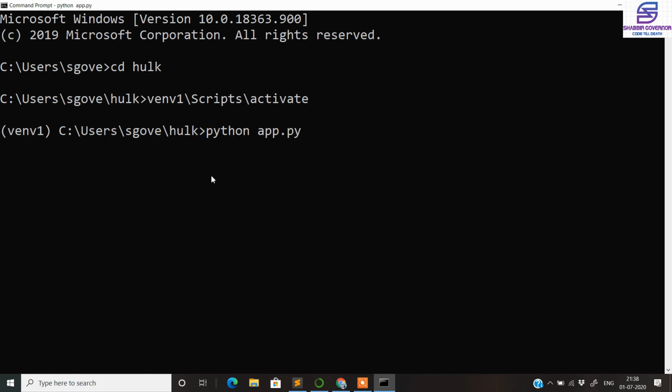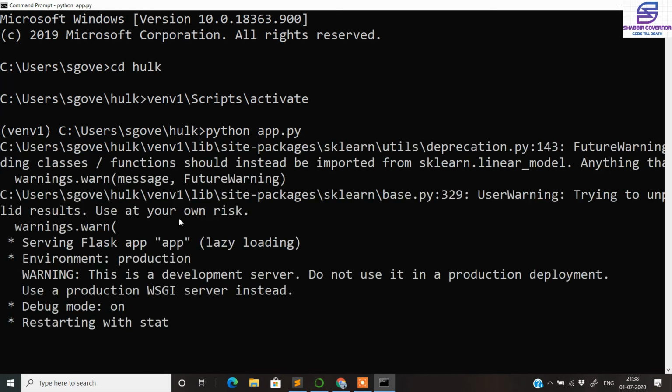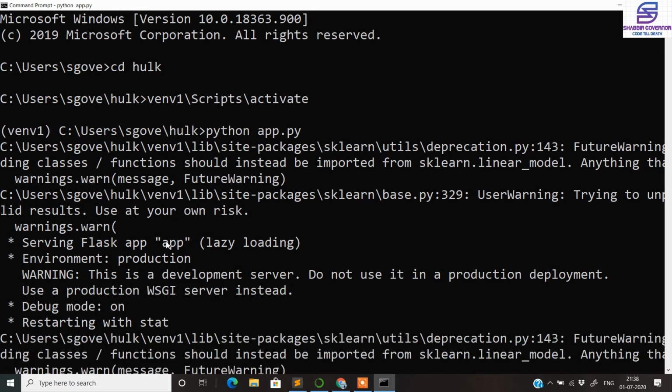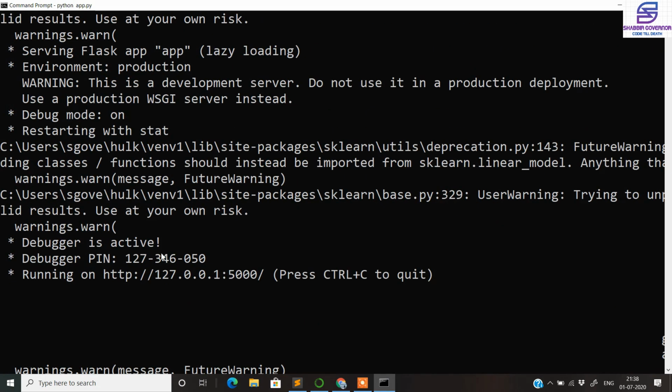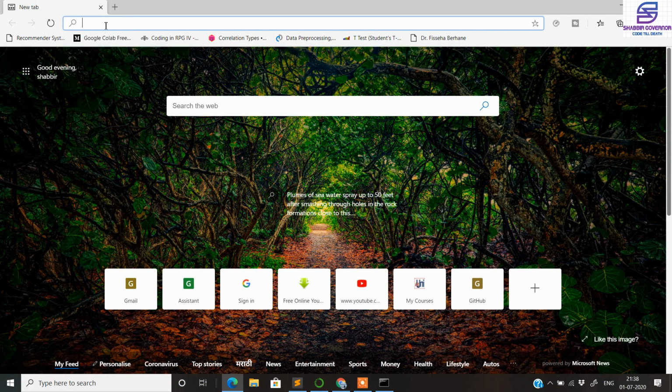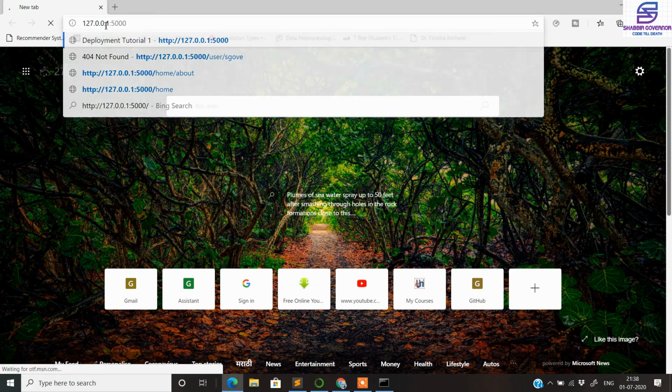Once you press enter, your Flask application will be up and running. You can see here that the debugger is active. That means that you can make changes on the fly to your Flask application, and they will be on the live server. So now you just need to copy this local link that you get on your CMD, and then you can open any web browser and just paste the link.